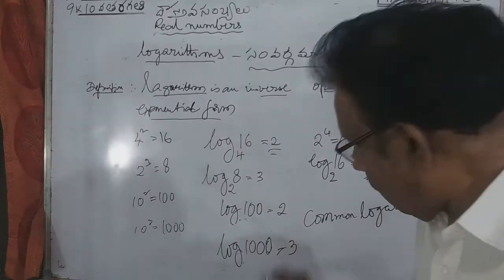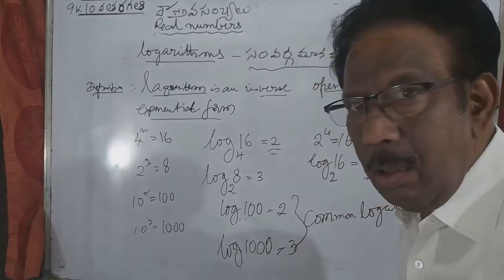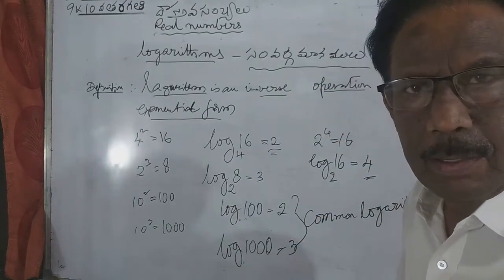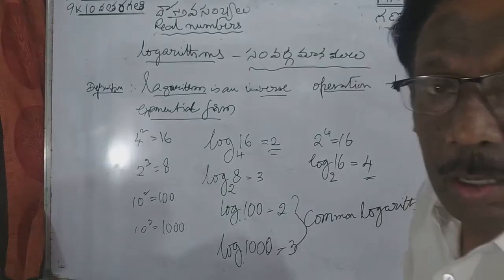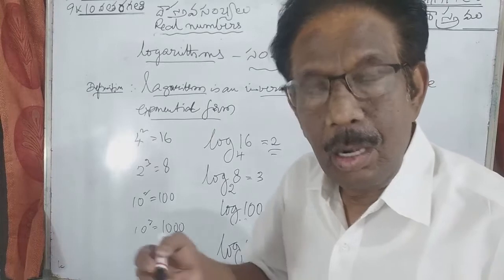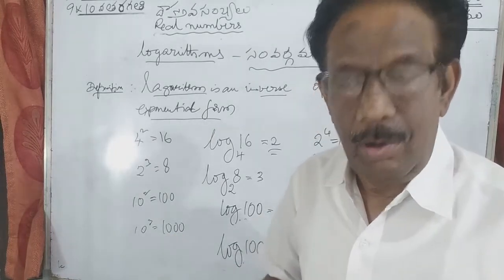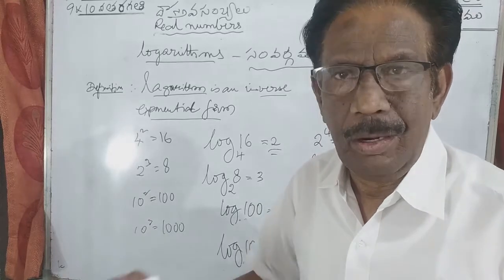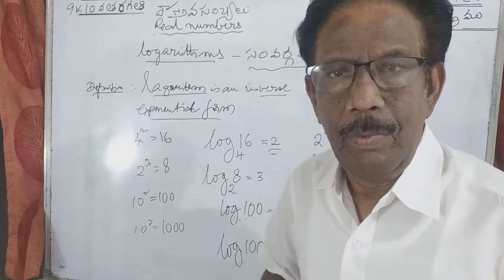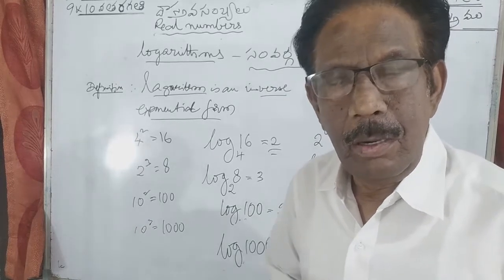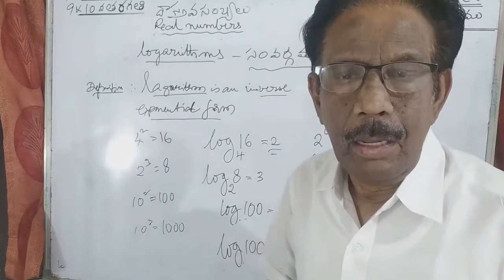Common logarithms are even. See, look here. So like that, 10 to the power 4, 10 to the power 5, 10 to the power 6, like that. And in future, in higher classes, you will find a table for any number to the base 10, for log of 5 to base 10, log of 1 to base 10, log of 3 to base 10, like that.